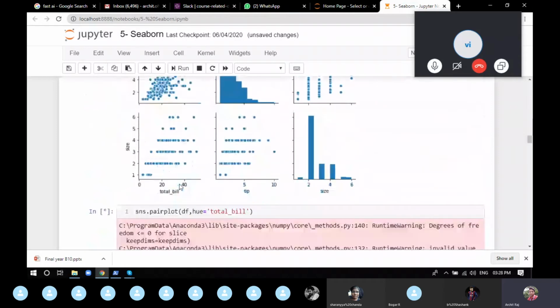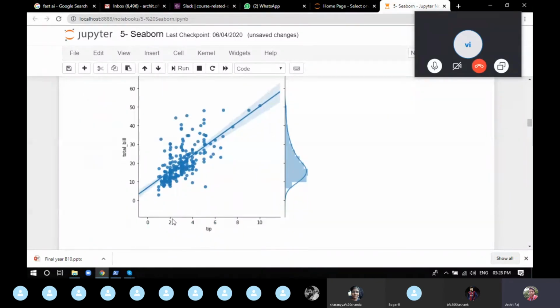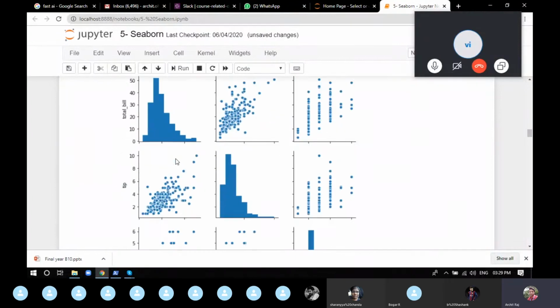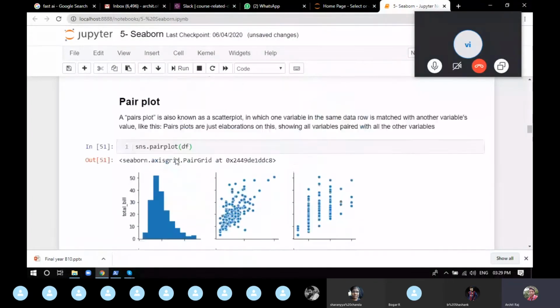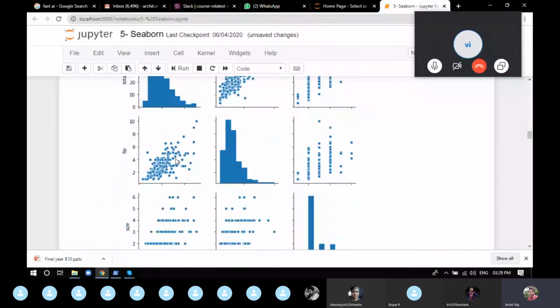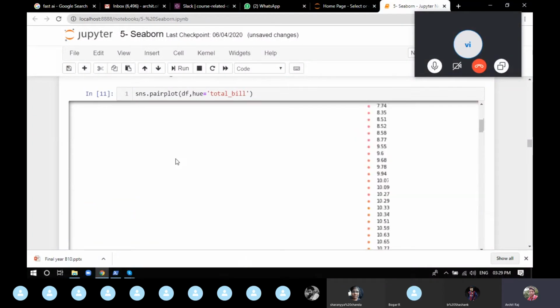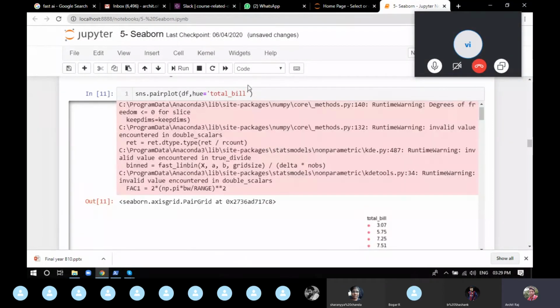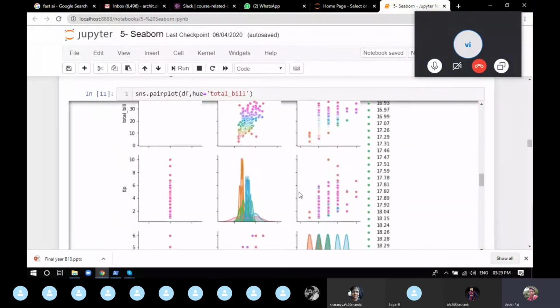So what total bill did is, it went and searched for each and every different value of total bill and then created a graph. You can see the graph has been completely messed up because it made a class of each and every value of total bill, which is not acceptable. So every time, keep the value of hue to be categorical data. So you can see male and female.